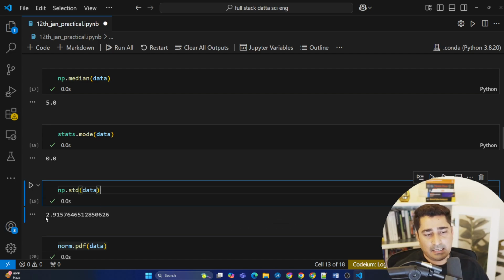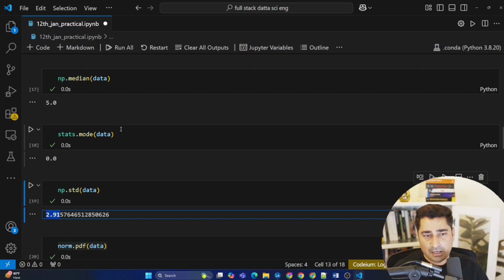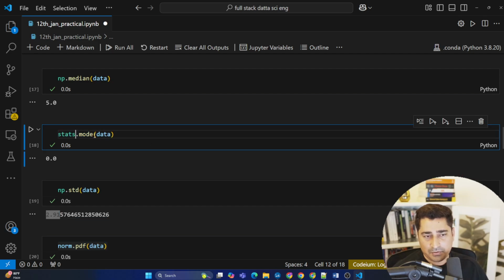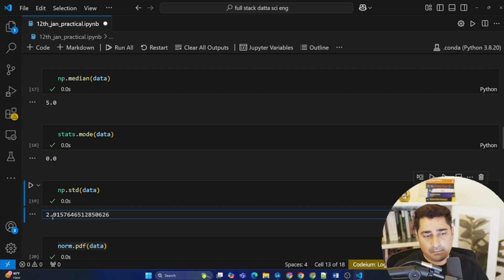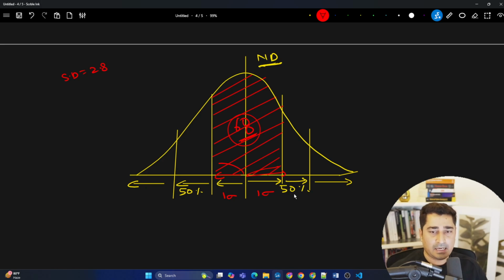So we are saying that standard deviation is equal to 2.91. Now what is the meaning of this? I have produced 10,000 data points. Now the meaning of this standard deviation 2.91 is that